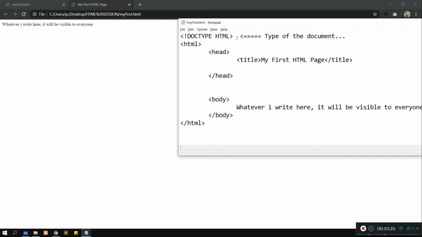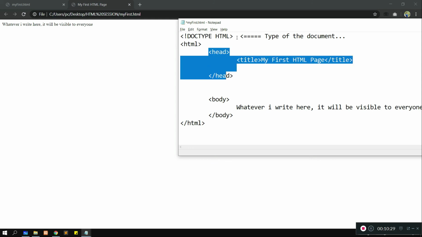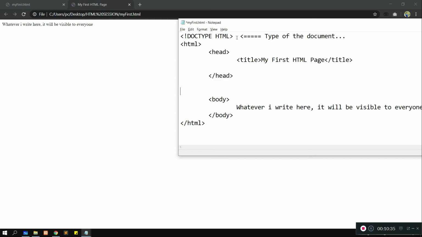And this is the head tag. The browser automatically understand that I don't want to show this to the users. So when browser saw this tag, this is the body tag, from here it will get to know that I have to execute all the code which are in the body tag on my screen basically, or the browser screens.